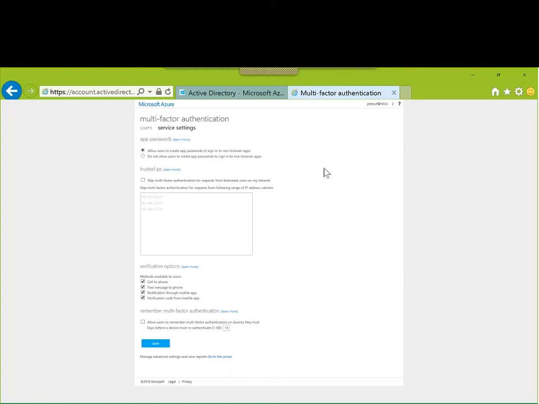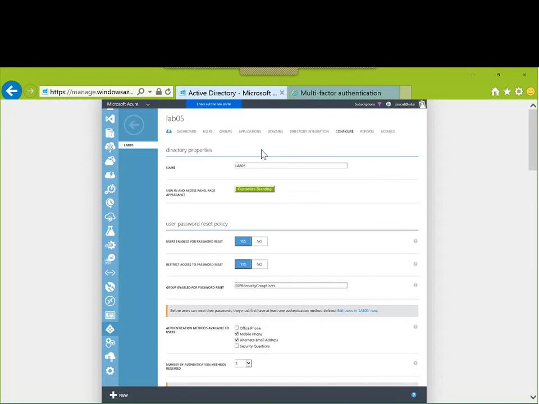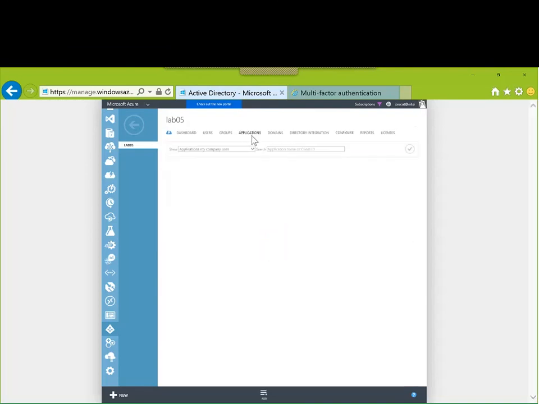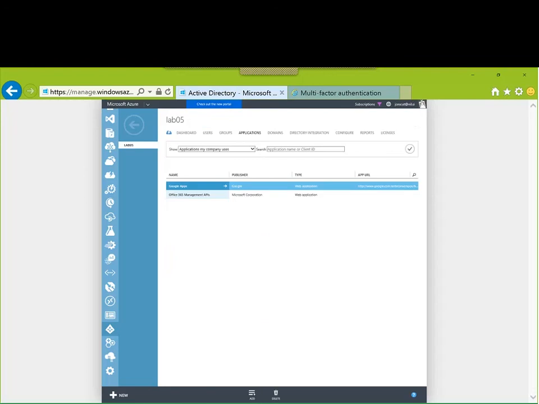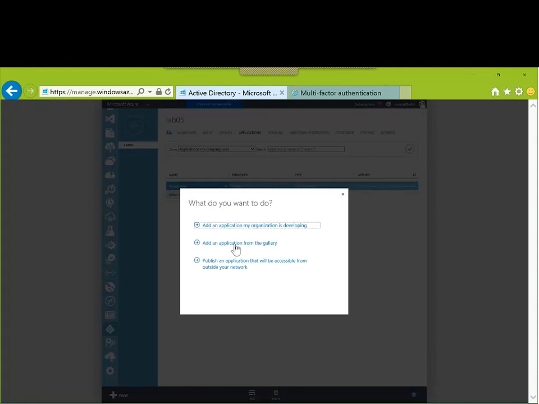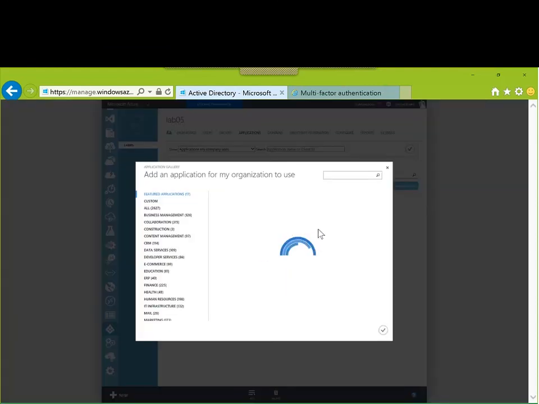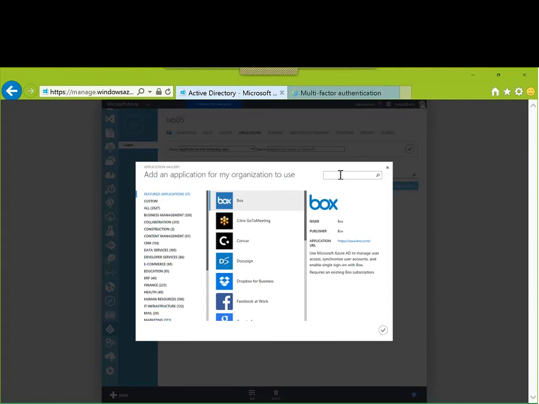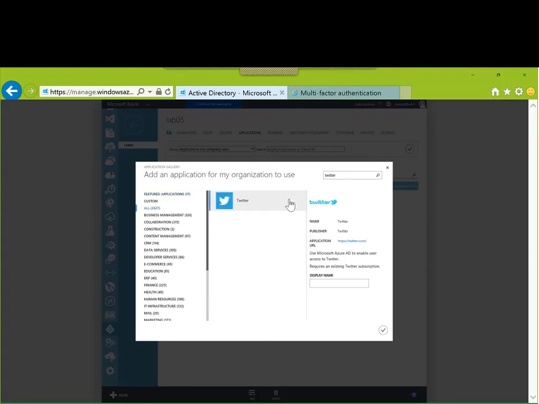The last part of our demo will be dedicated to Azure Active Directory applications. We will again switch back to our administration portal, and we will go under applications. And here we can add an application. We will add an application from the gallery. So here are some predefined applications that can interact with Azure Active Directory. We will just choose Twitter, let's say, and